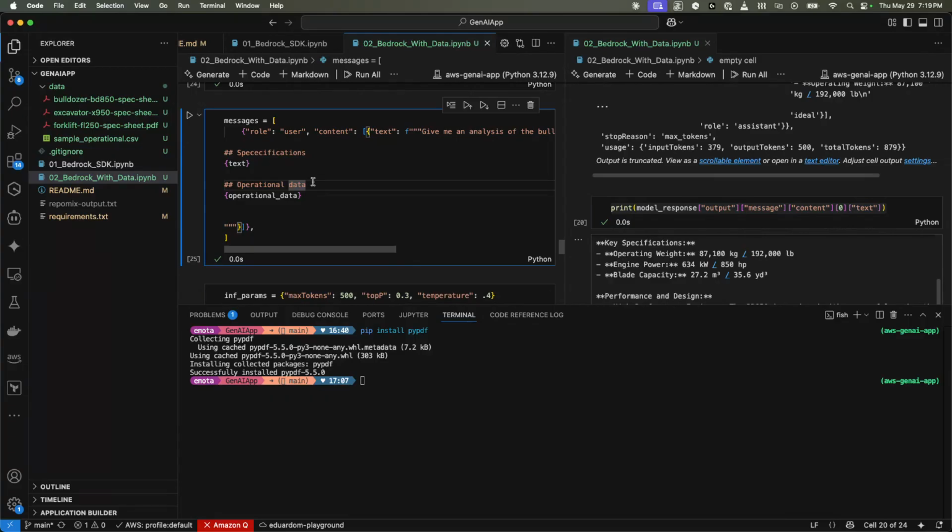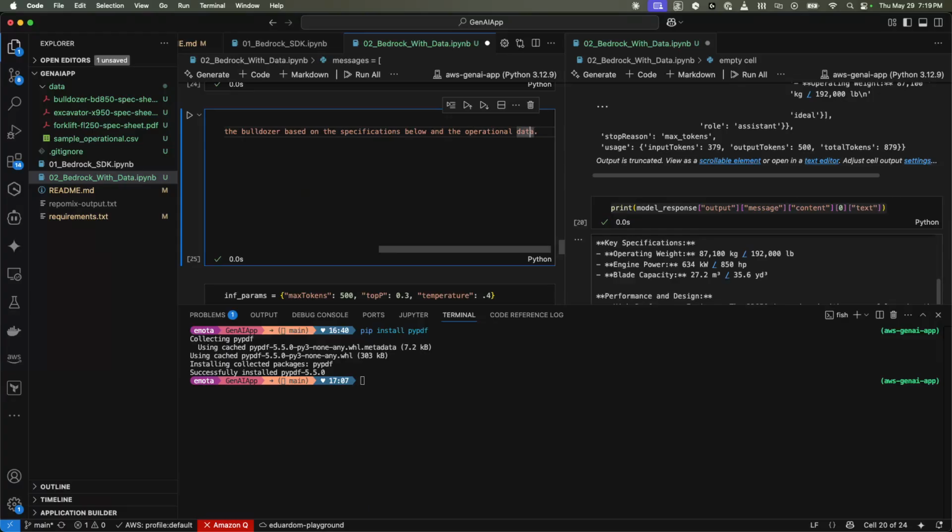But in your case, if you have a lot of data or the amount of instruction is a lot, then you may want to split it into multiple steps to do one thing at a time, and that will give it better focus, and you will get better results. So I misspelled this specification, but it still got it fine. That's really great. Okay, so give me an analysis of the bulldozer